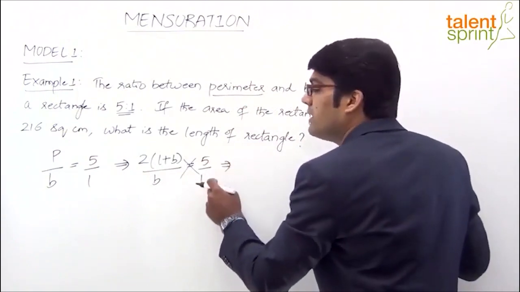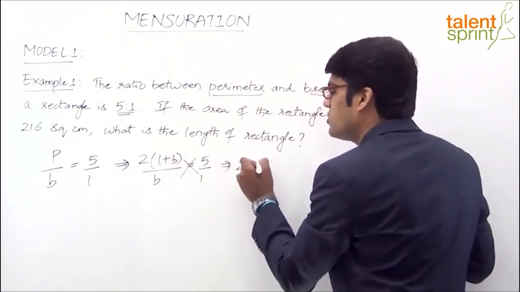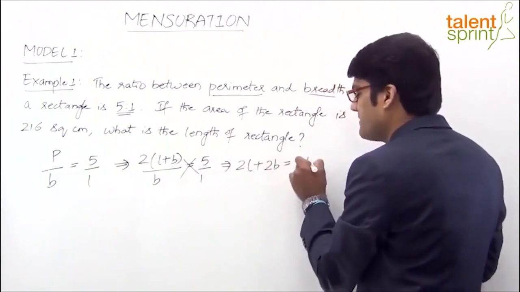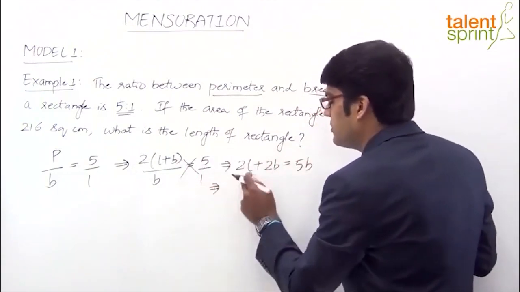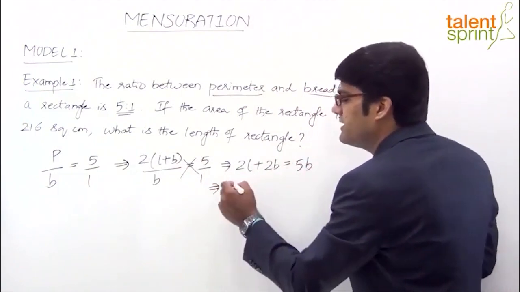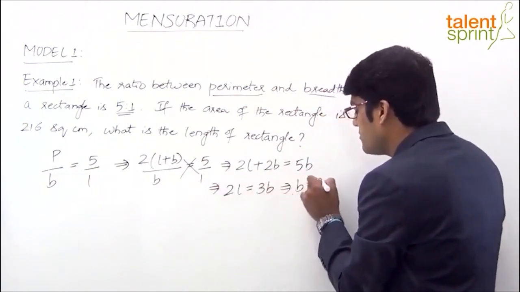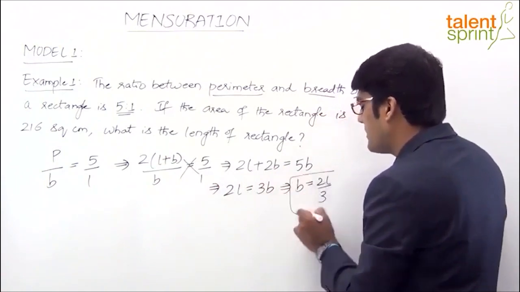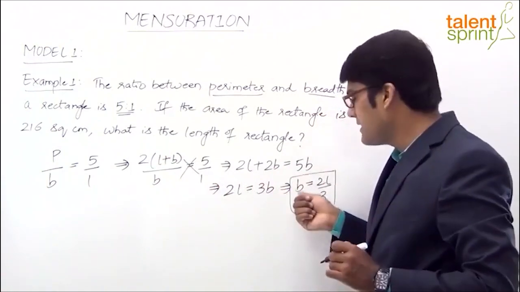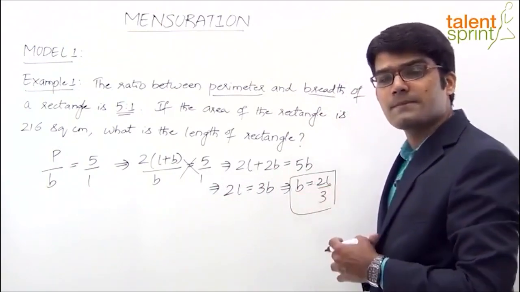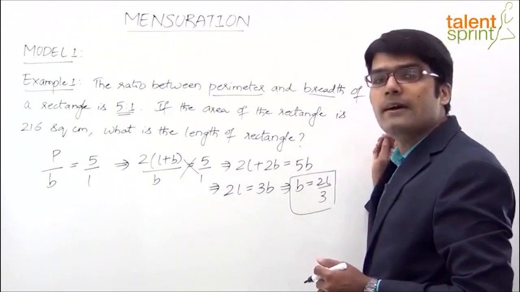तो जब हम इसे क्रॉस मल्टीप्लाई करेंगे क्या होगा, 2 इंटू 1 इज 2, सो ये हो जाएगा 2L प्लस 2B इक्वल्स टू 5 इंटू B विच इज 5B। यानी इसमें से हम कह सकते हैं 2L इक्वल्स टू 5B माइनस 2B, 3B, 2L इक्वल्स टू 3B या फिर B इक्वल्स टू 2L बाई 3। सो ये हो गया ब्रेड्थ और लेंथ का रिलेशनशिप। यानी इस रेक्टेंगल की ब्रेड्थ है 2/3 टाइम्स द लेंथ। अब जो नेक्स्ट पॉइंट है वो है एरिया।